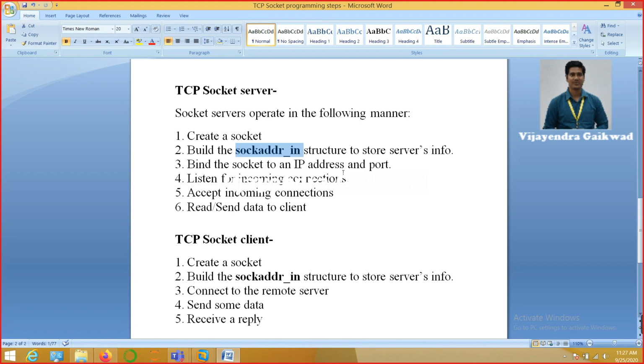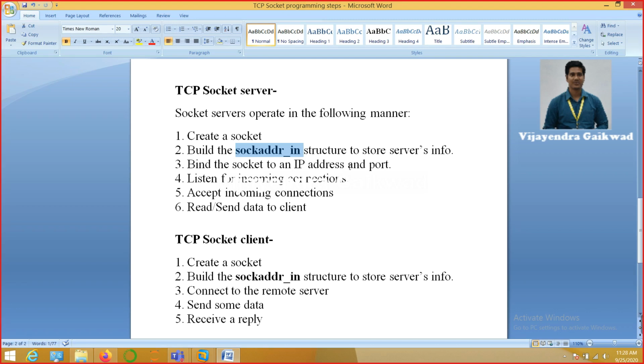So that is the second member, to represent the family of addressing, and the third member is regarding the IP address. That member is called sin_addr, and this member of the structure sockaddr_in, the sin_addr member itself, is a structure.